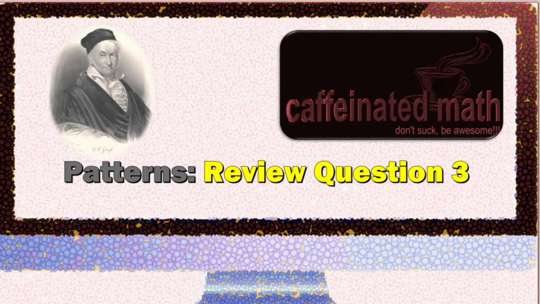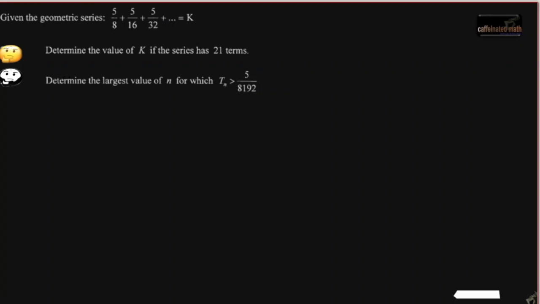Review question 3. Here we go. Given the geometric series formed by these fractions, 5 over 8 plus 5 over 16 plus 5 over 32 plus, going towards infinity, being equal to k. Determine the value of k if the series had 21 terms. Well, for this, we know that a is equal to 5 over 8. Our r value we can calculate as 5 over 16 divided by 5 over 8. And that's just going to be equal to, well,